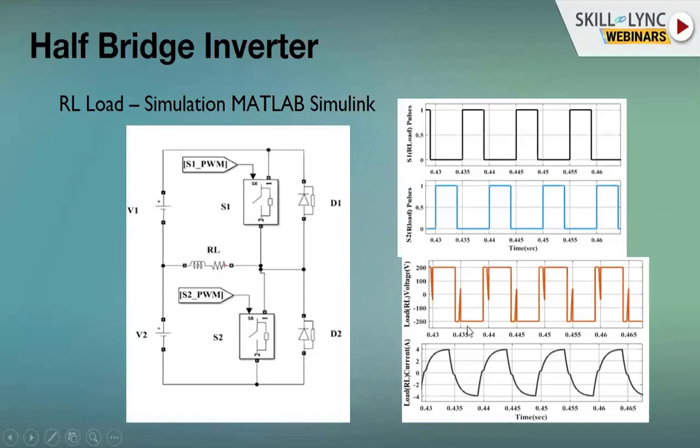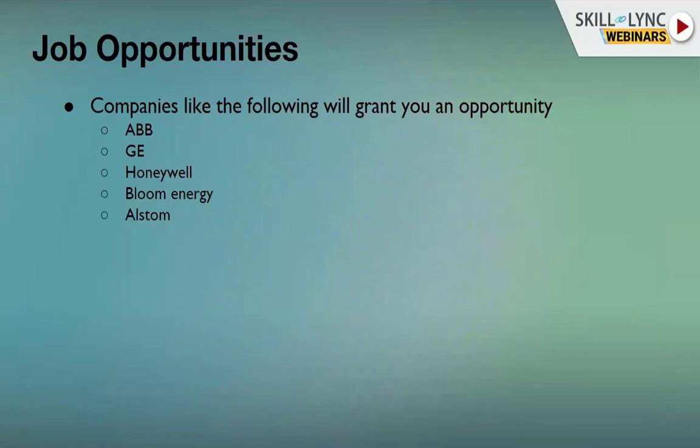This is because of your harmonic levels. This is because of the switching. As you could see over here, switching is happening at 0.435. Whenever the switching is happening, the current direction changes and that affects your output also. There is a spike in the output levels. Whenever there is switching, you can just see that spike occurs. This is not allowed for an output voltage, so we will have to design filter circuits so that these harmonics are filtered out. So that would be the basics about how a half bridge inverter is working.